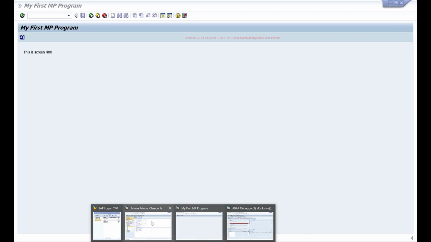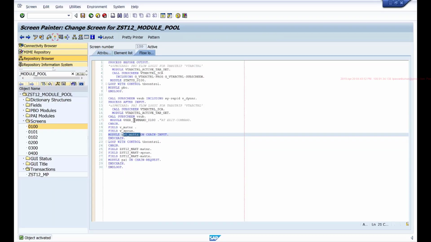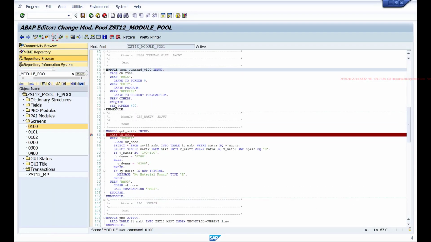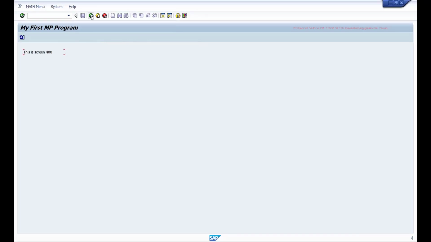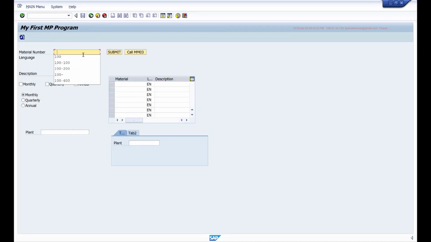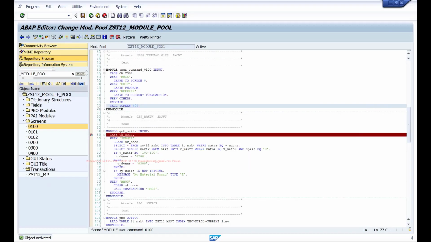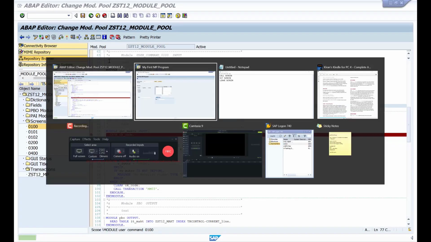However, if I, instead of set screen, if I maintain call screen, the syntax is same. You say set screen number or call screen number. Now I'll keep a breakpoint here on this call screen statement.